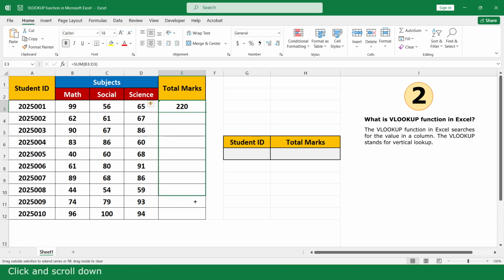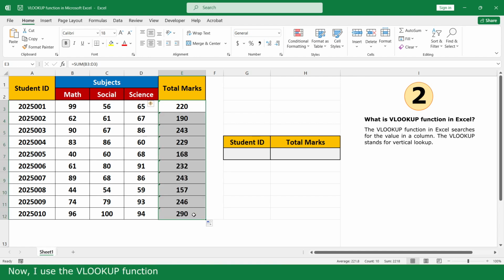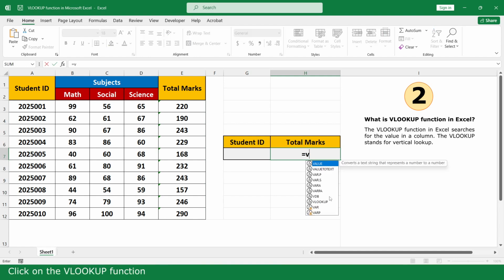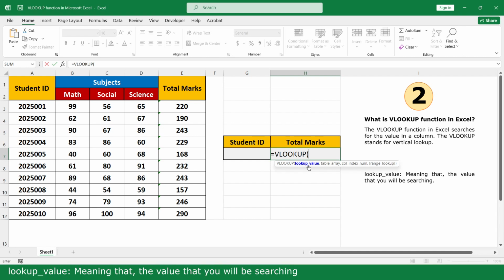Select the marks of the subjects, close parenthesis, and press enter. Click and scroll down. Now use the VLOOKUP function. Equal. Click on the VLOOKUP function. Lookup_value, meaning the value that you will be searching. Click on student ID, comma,